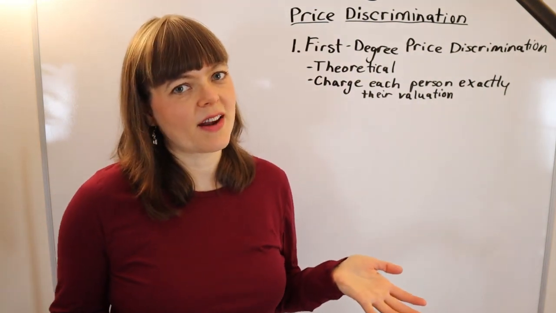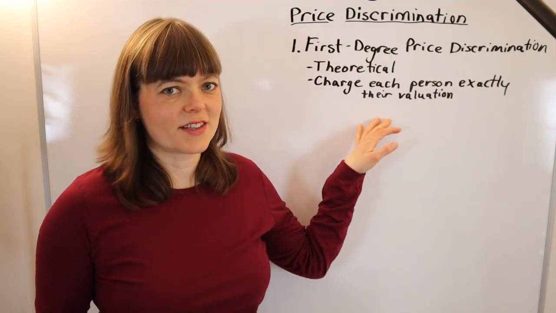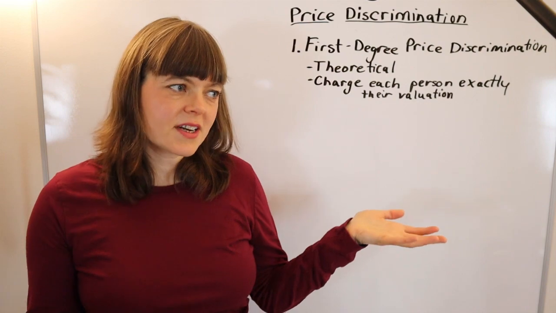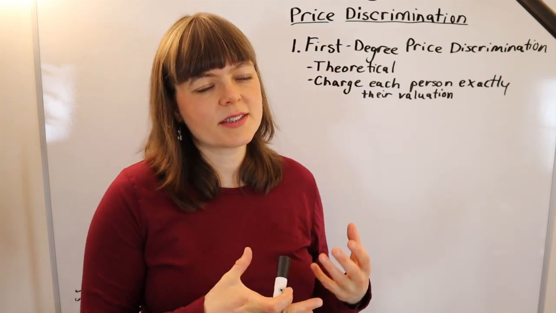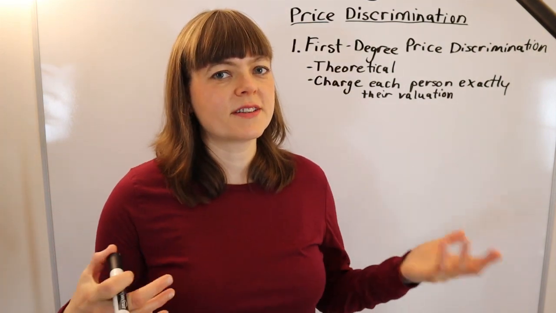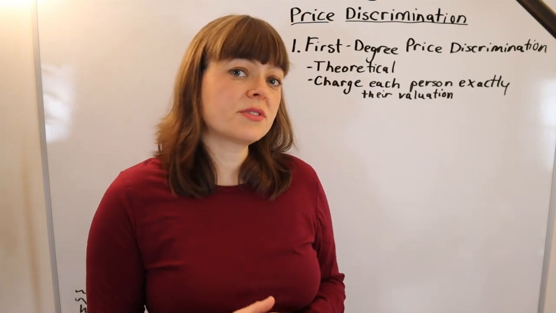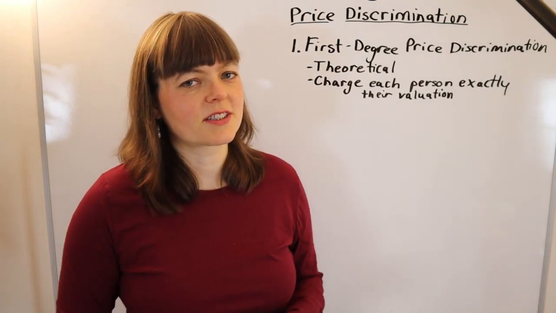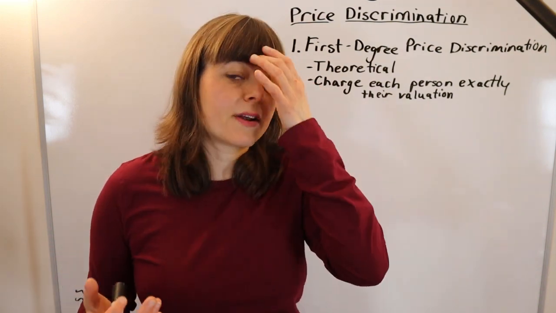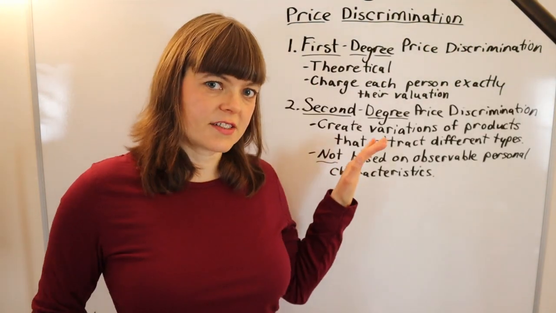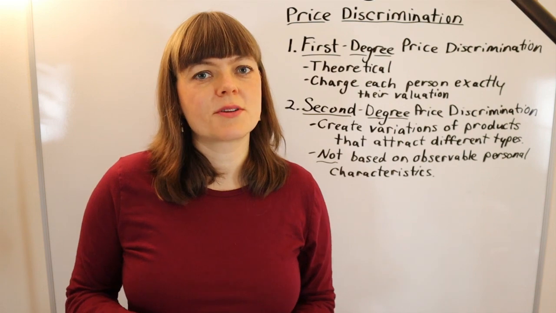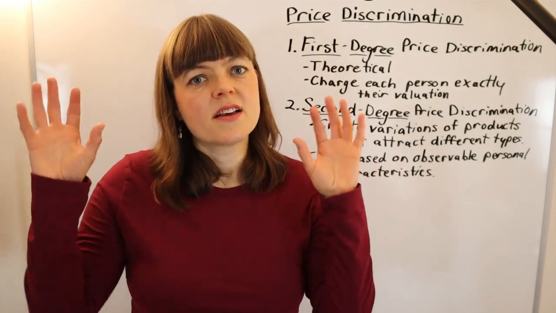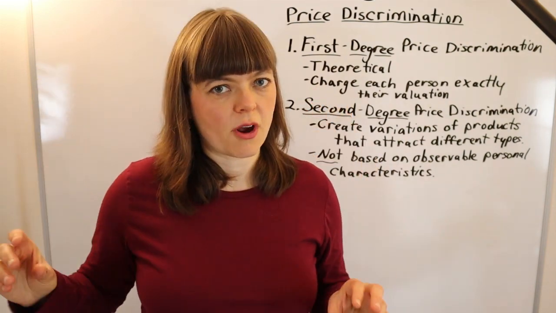So why bother even having something that's this theoretical? The reason is because when we model it, we get some nice intuitions about how price discrimination works, and those intuitions can be applied to the other two types of price discrimination, which are much more common in the real world. Now, second degree price discrimination is going to be where the companies create slight variations on the products